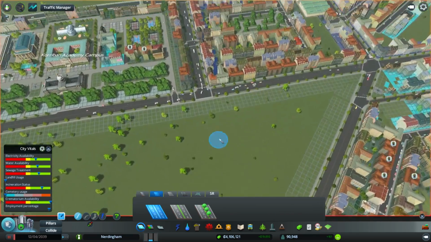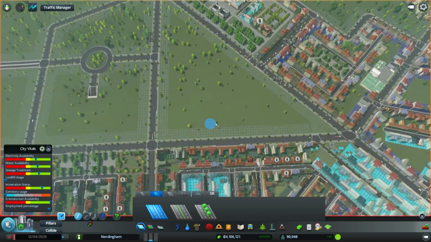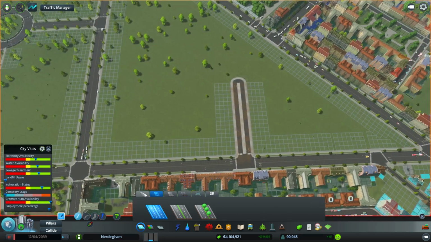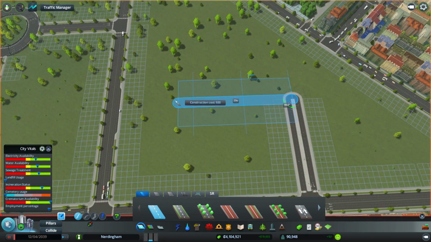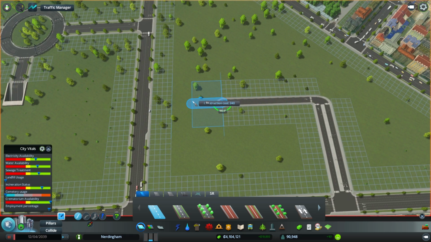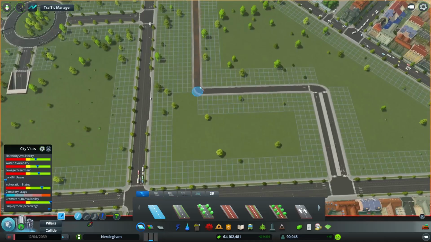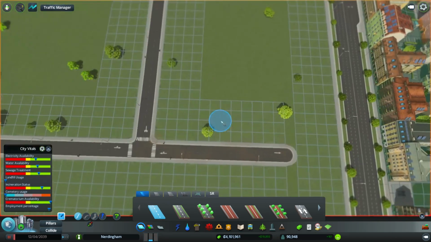So let's figure out what we could do. Do I want a big road going up through it? I kind of do. Or at least just up to there so we can build off of it. I think that'll be alright. Have it come over by how much? That much? That much? That much. Okay. So have it come up to there. Have that go down to there. Can this one actually...